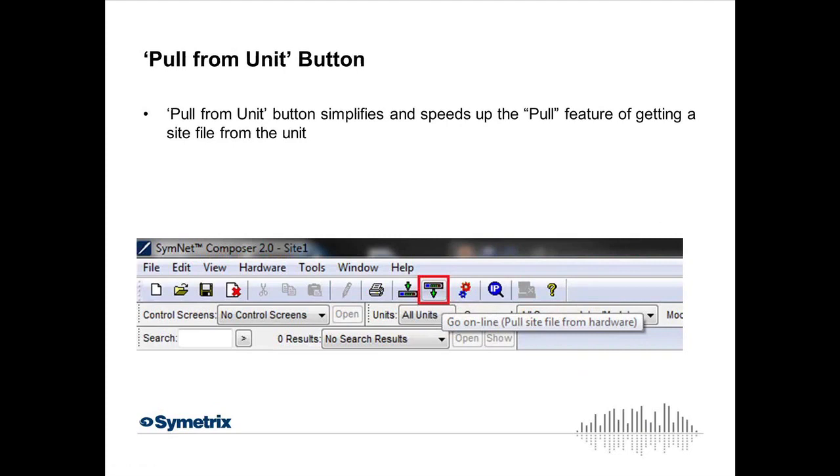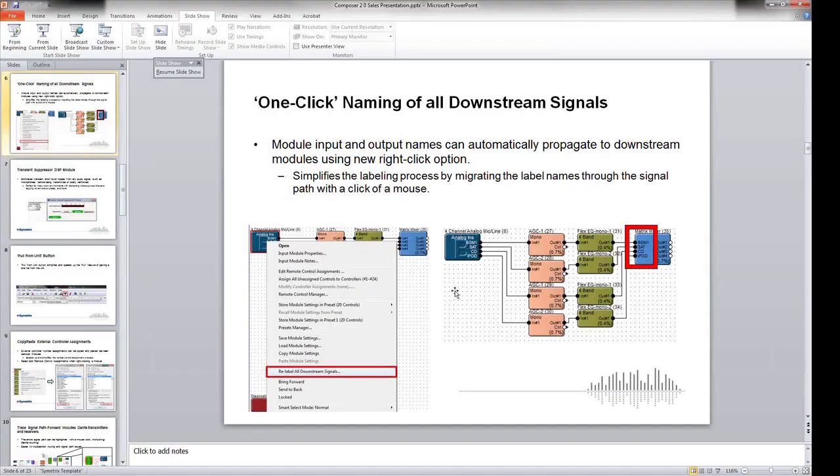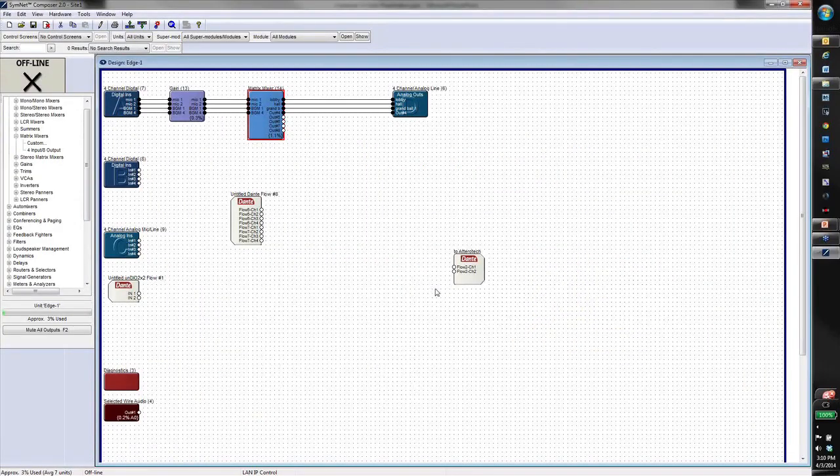Another feature, now we're getting out of less DSP type features and more workflow features to just speed up your commissioning of the system. We have now added a pull from unit button. If you have a design open and maybe you got kicked offline and you don't want to push to get back online, you can click that pull online button above and it will pull the file from the currently archived site. Now, if I hit pull and I don't have a site open or it doesn't recognize any of my units as being the archive units, then it's going to just launch you directly to the connection or the system